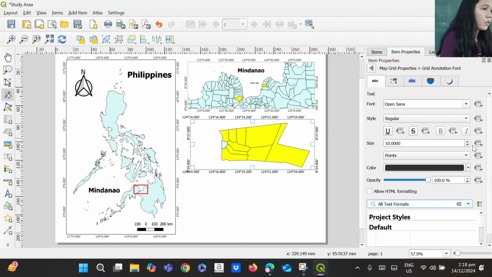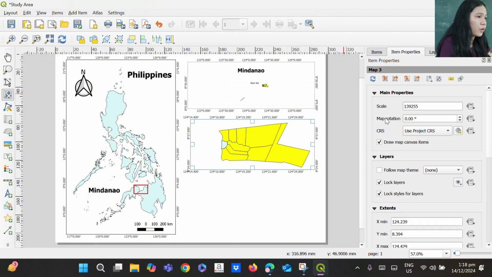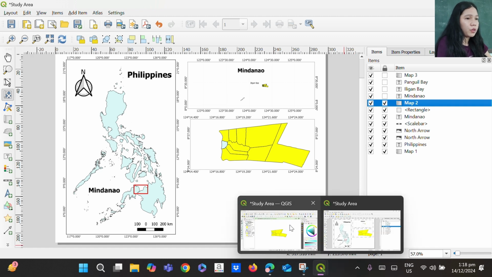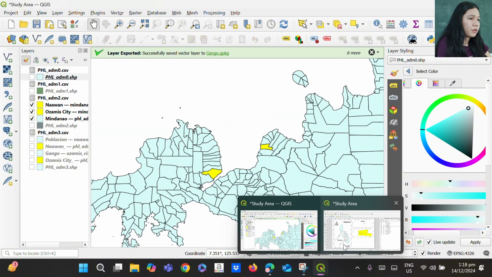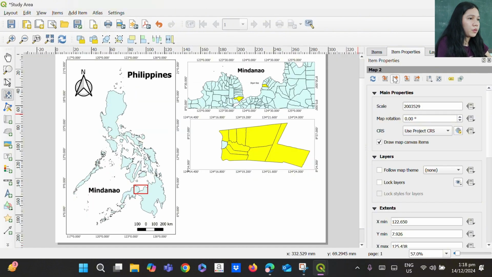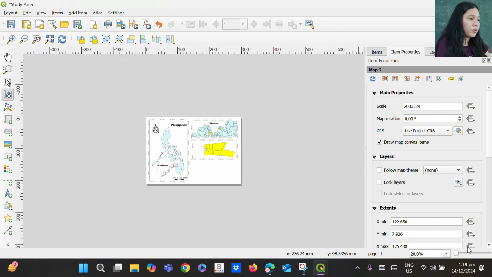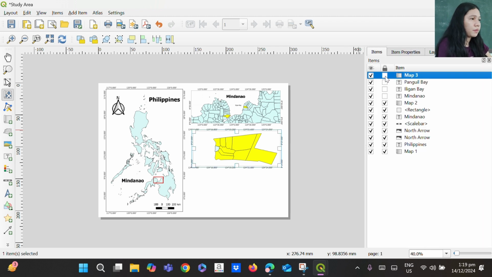After that, I'm going to adjust the font because it is quite bigger. I'm going to choose 9. Then, oh no, I forgot to lock the other layer. So that's the common mistake of some users. They forgot to lock the layers. I forgot to lock the layer earlier. I'm going to go to the next window so that I can lock the previous layer. So here, I'm going to this one. Just going to see if it is, yeah, so this one. Then after that, I'm going to lock this one so that it cannot change. Yeah, okay. Then back to our map 3.